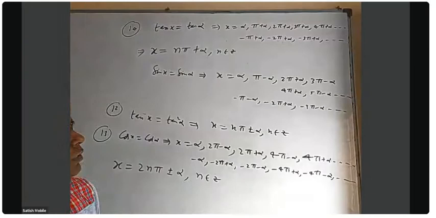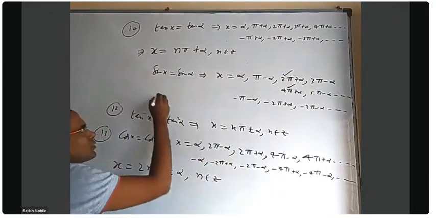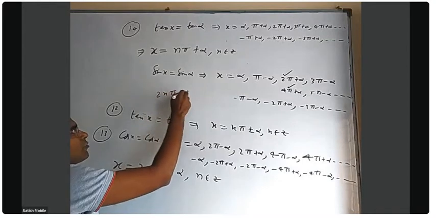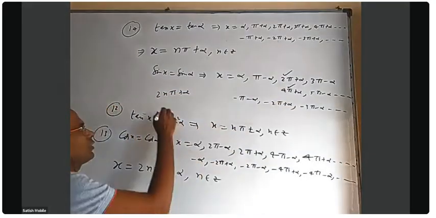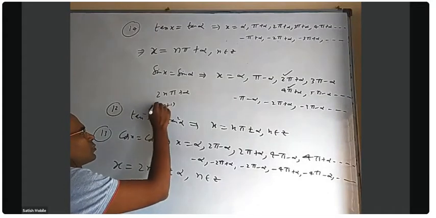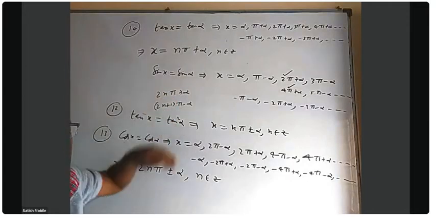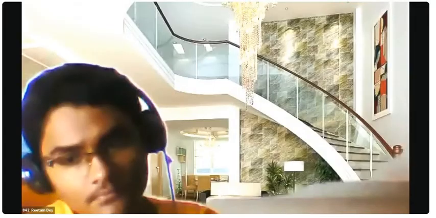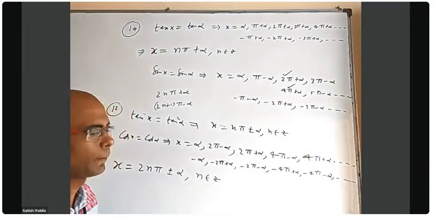Why 2n, sir? No, what she wants to cover is these things separately. So she was telling 2n pi plus alpha, all the plus alphas, and all the negative ones she wants to cover. So that is (2n plus 1) into pi minus alpha. So she's telling this and this. Okay, that is acceptable. But does anybody else want to say anything?